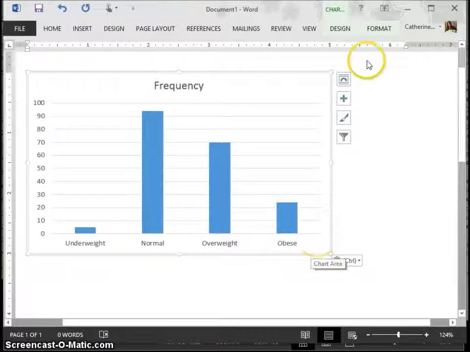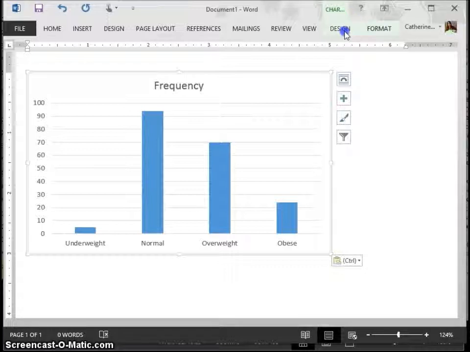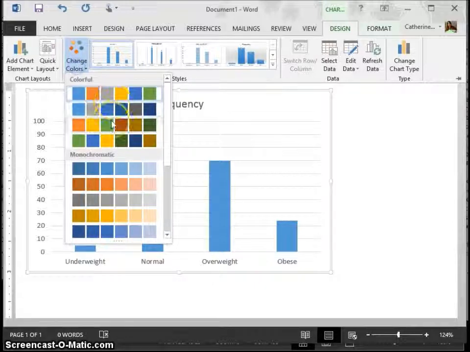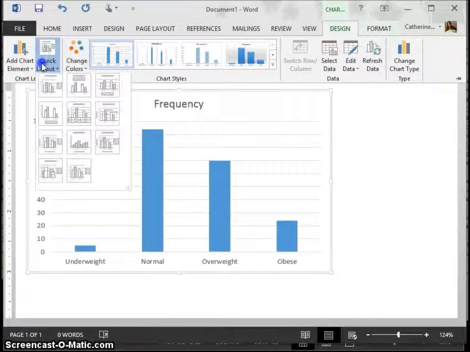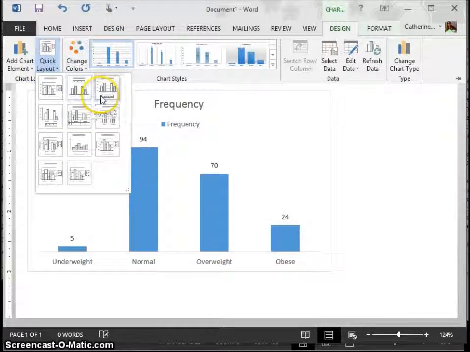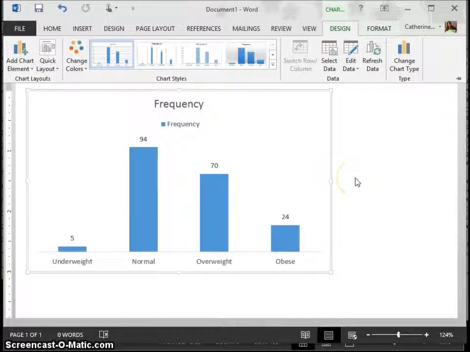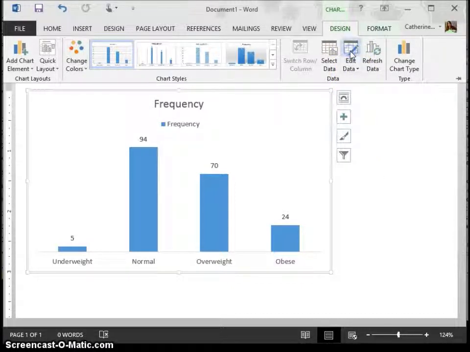Please take note that like in your MS Excel, you may also do editing of your graph in MS Word. Just click again the graph that you pasted, click design, and you may change the design, the color, or the layout of the graph that you pasted. Aside from that, you may also change or edit the data that you use for the table. So just click edit data,